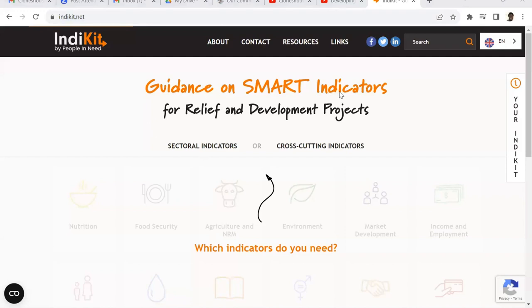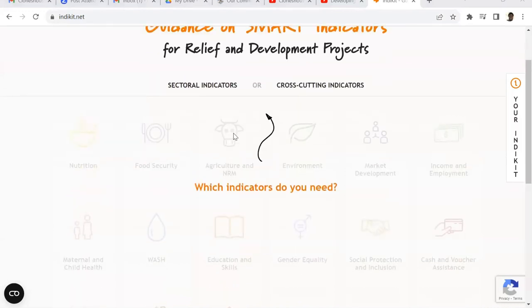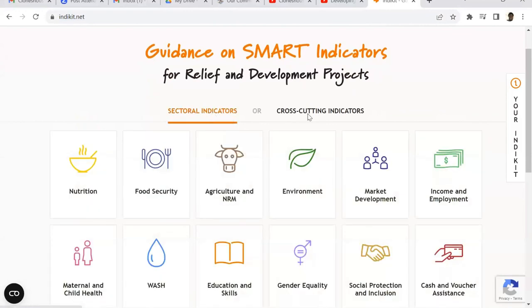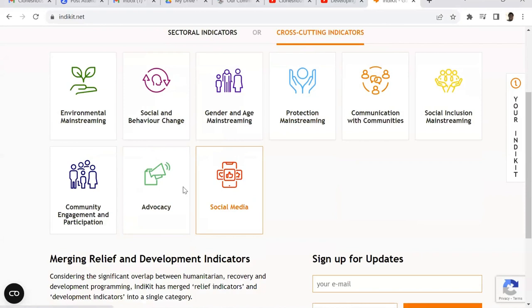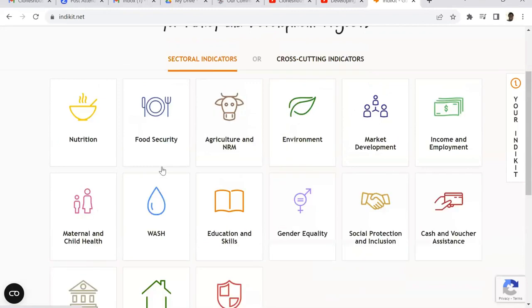So yeah, you can check out, if you're working in any area, environment, sector-specific indicators. Is it sectoral, or those cross-cutting things like gender, social behavior change communication, advocacy, social media? Things that are cross-cutting, you will get sectoral indicators: food security, WASH.